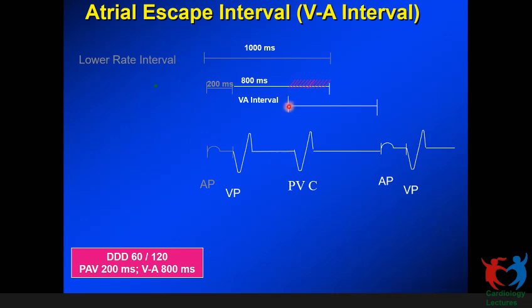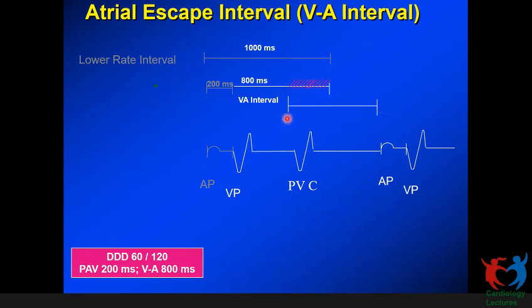Now it starts a real VA interval. In a free running DDD mode, it doesn't restart a VA interval. Here it starts a VA interval. In this case also, the VA interval will be the lower rate interval minus the AV interval. So at the end of the VA interval, it will deliver a pace. If we do not do that, my lower rate might run out here, then we would deliver a pace at this point of time. So in order to avoid that,